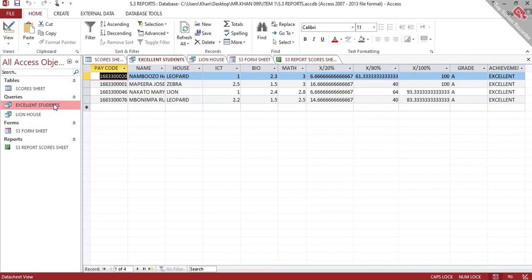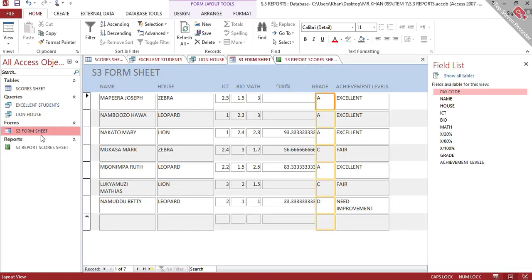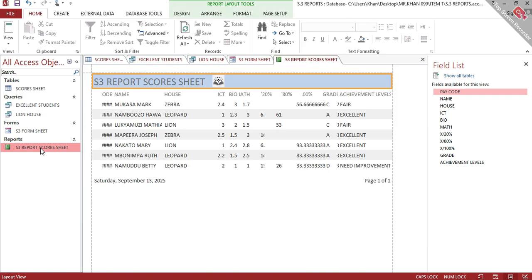By the end of it all, you'll print out the queries that you ran for the house, for the excellent students, the form that you made, and the report that you have created. So you can have variety. You can do anything that you feel like. You print all that out. And not forgetting,